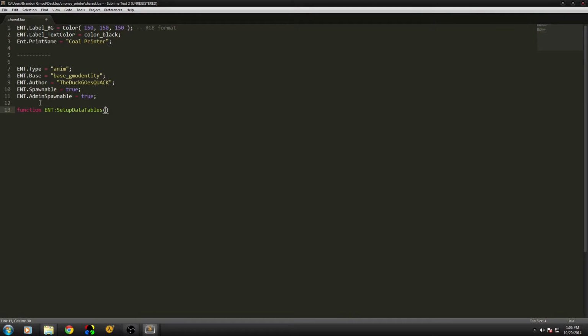Now, if you don't know the basics of Lua coding, this will give you somewhat of an idea. It may be getting advanced right off the bat, but you'll still figure out the idea of it. And that's what's great about this. So then we're going to type in self. And even if you're not good at Lua, but you just want something for your server that you can say you coded yourself, this would be a great tutorial for you. Colon NetworkVar